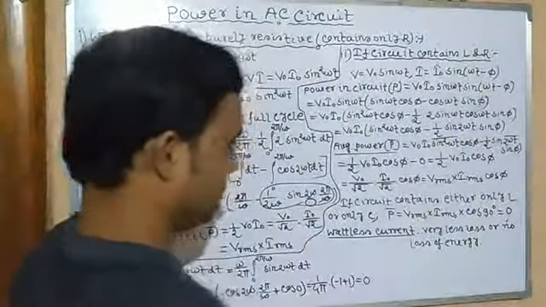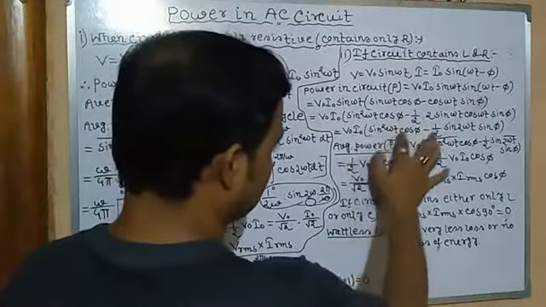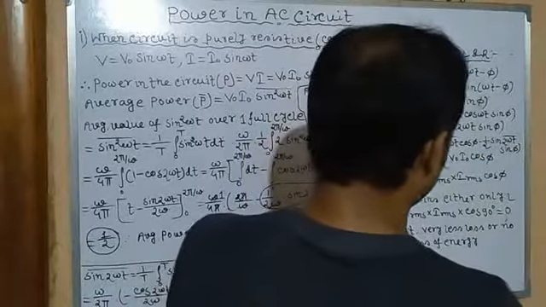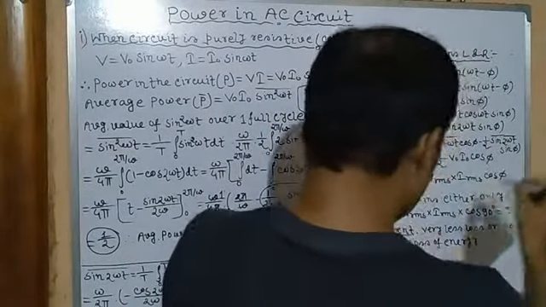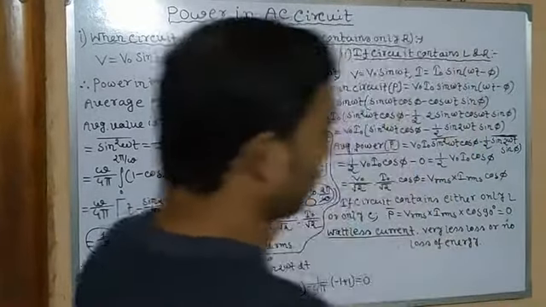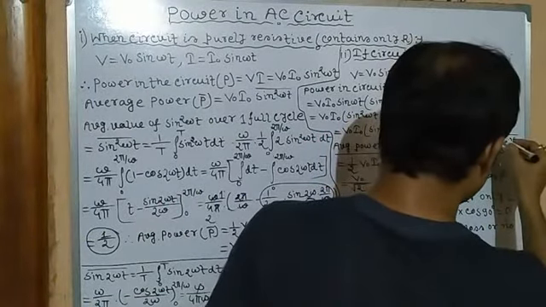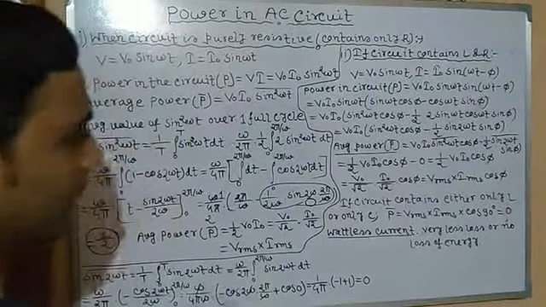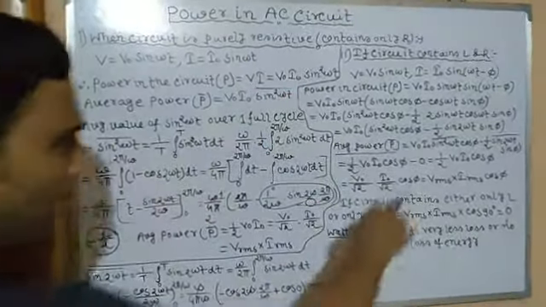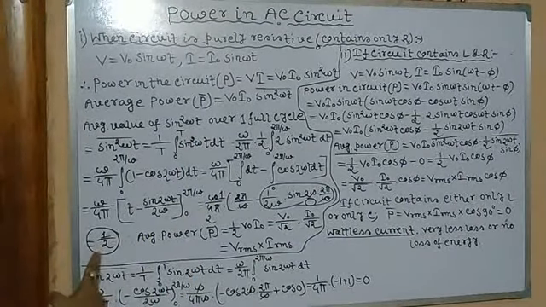Now the average power for one complete cycle is V0 I0, then again we have this theta term, the average of sin square omega t cos phi minus half, again sin 2 omega t sin phi. So here we have two terms to calculate. To get the average value, we need to find at first the average value of sin square omega t, and then sin 2 omega t over a full cycle. We have already got the average value of sin square omega t, just in the previous case we calculated, that is half.